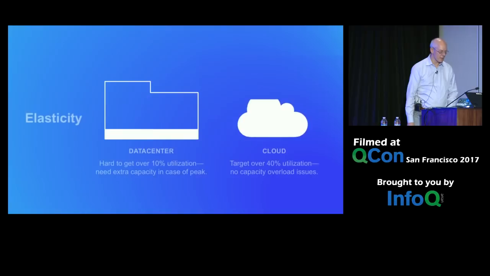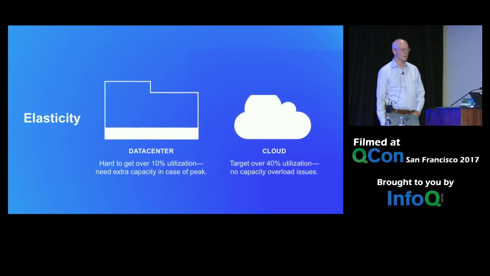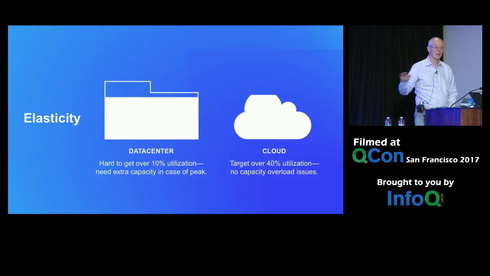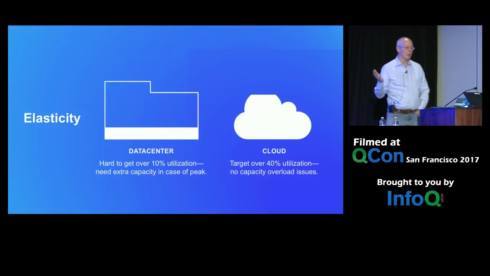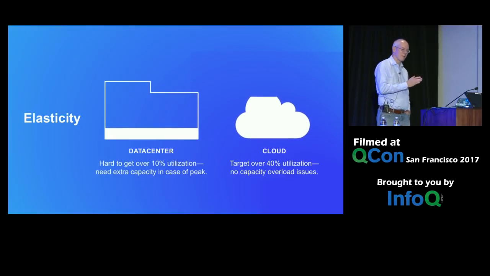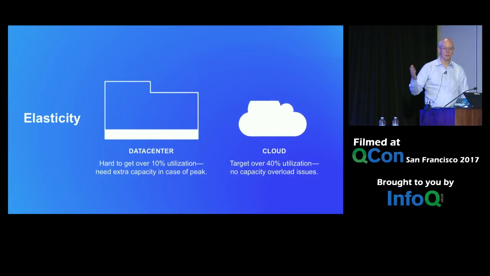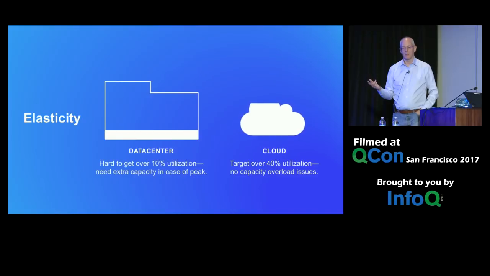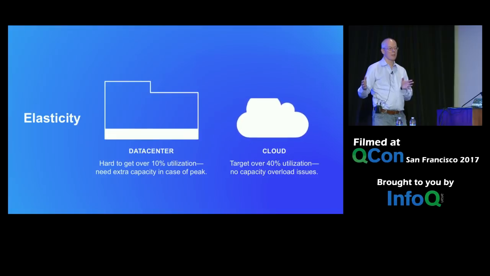All right, let's talk about elasticity. It's pretty hard to get above 10% utilization. I tried that on somebody earlier today and they said, yeah, ours is like 8%. That's their average data center utilization across all time. And in the cloud, you could argue the numbers, but I think probably 40% is plausible. You kind of want to target 50%, and overall average, maybe you'll get 40%. But it's many times higher. And you don't run out of capacity because you just scale up more. So the effect here would be if you had 1,000 machines in the cloud on average, and your average capacity in the cloud is 1,000 machines.